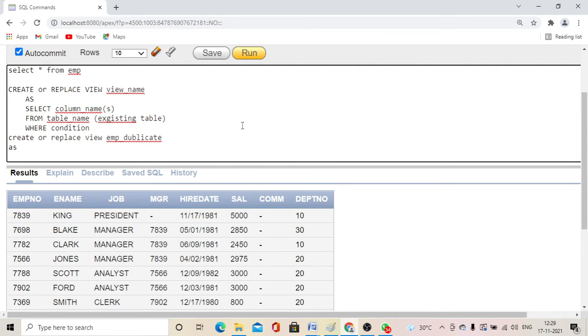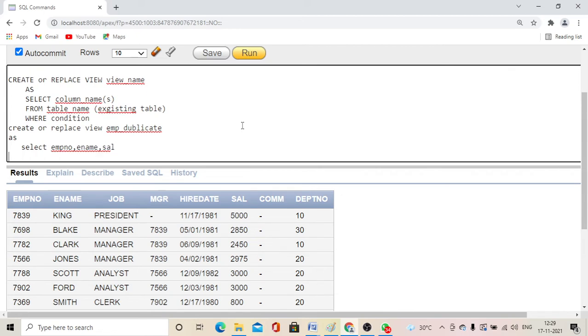Now my work is to select the columns which you want to see in the view. So here I'll go for employee number, ename, and sal from table. Here from table, I'm going for from EMP.